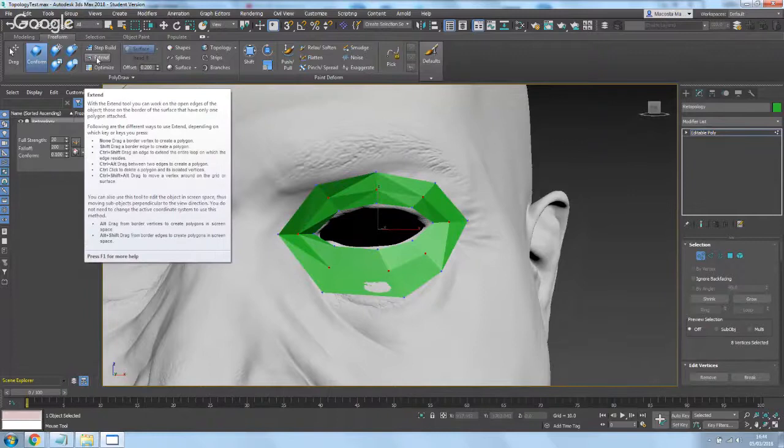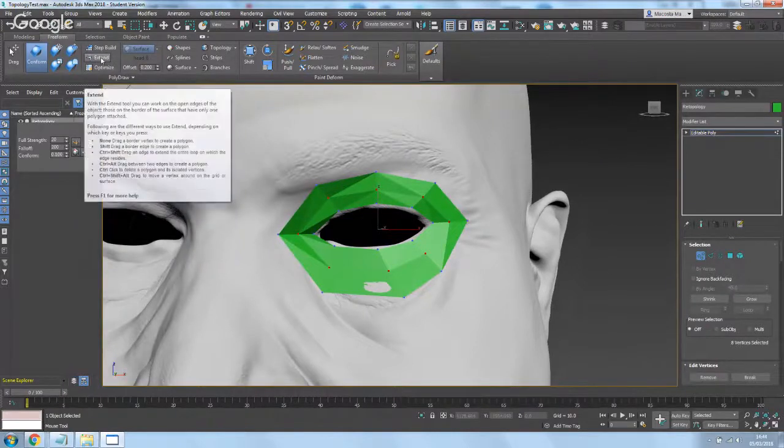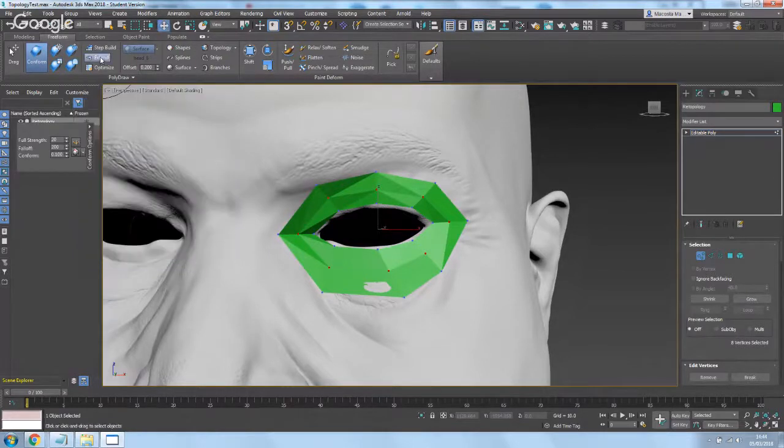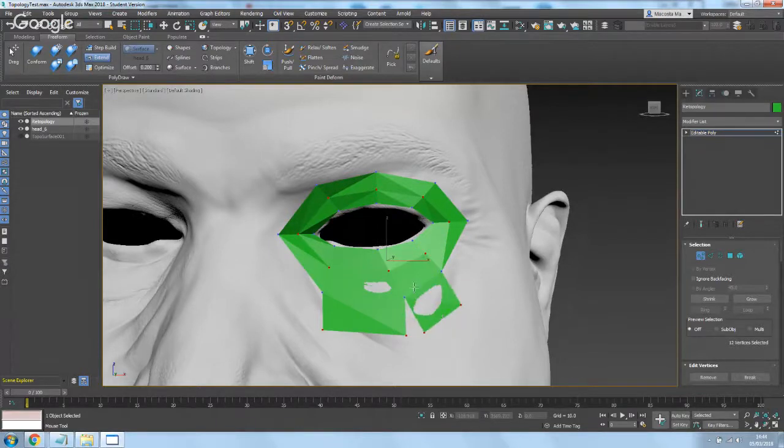This extend tool, if you hover over it, it will tell you all of the little options that it can do by holding down shift or shift click or shift drag or control alt. So if I click on extend, one of the things that is really useful is once you've created your first piece of geometry. If I grab, for example, this bottom line here, and hold down shift and drag, it creates a new piece of geometry. And then to build another piece here, instead of shift and dragging again, which would create a separate piece, and therefore I'd have to jump back into modeling tools to make sure that these were target welded,